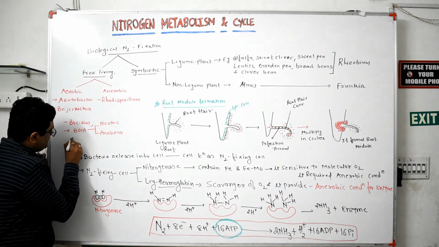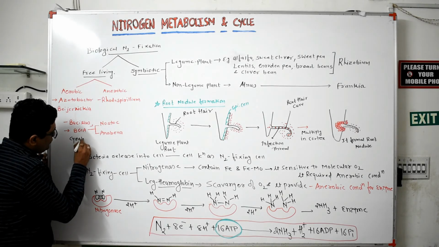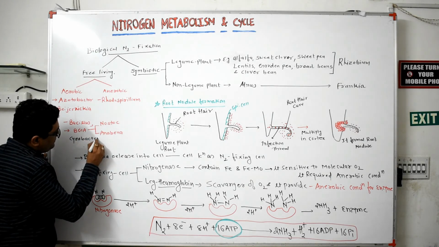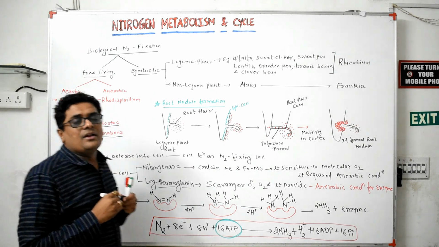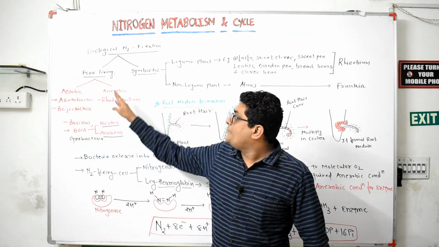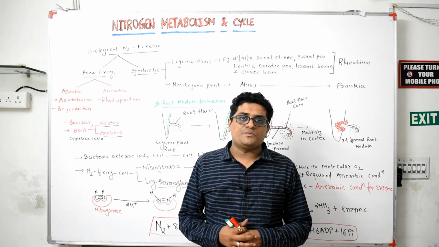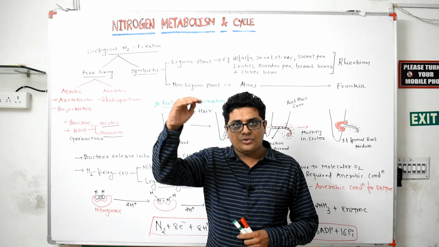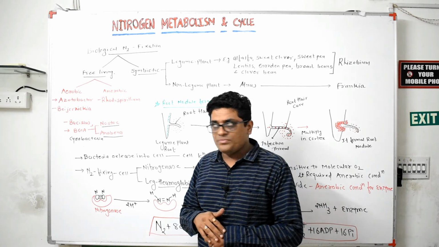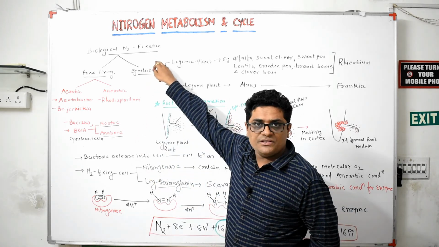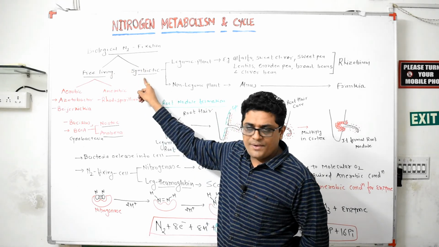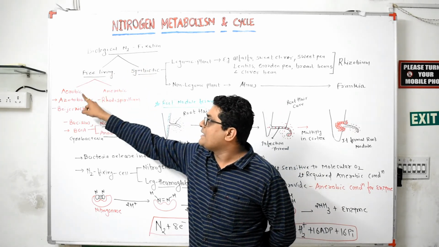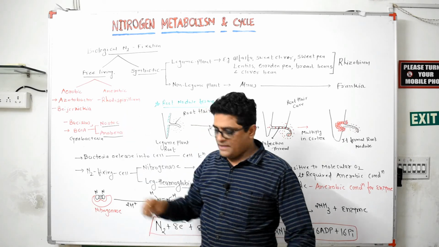Blue-green algae, or cyanobacteria, are Nostoc and Anabaena. They are also free living bacteria which are responsible for nitrogen fixation in the soil. So, nitrogen fixation in the soil happens in two ways, the free living way and the symbiotic way. In the free living way, there are again two types, aerobic and anaerobic.